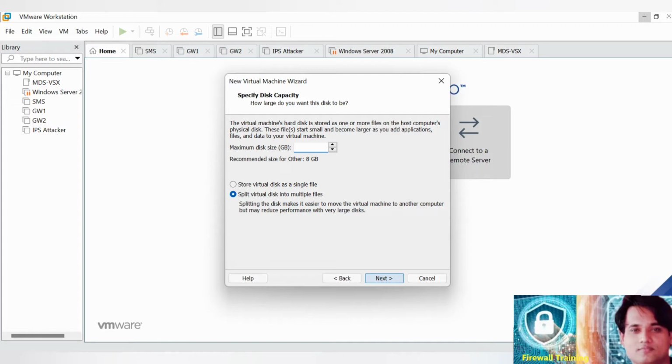So this is important. The MDS, always try to give more hard disk. Mostly give it more than 250 gigabits, because within this we'll be creating different SMS. Within this we'll be creating different domains and everything. For that you need to have a sufficient hard disk in place. So try to give more hard disk here,